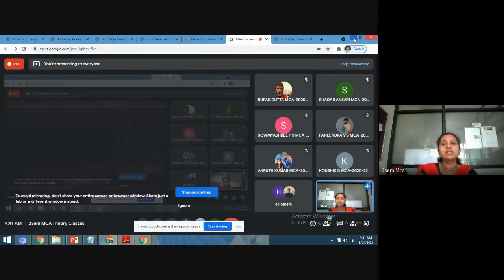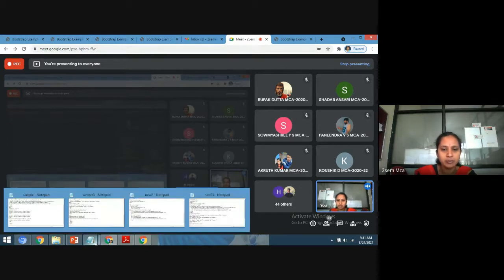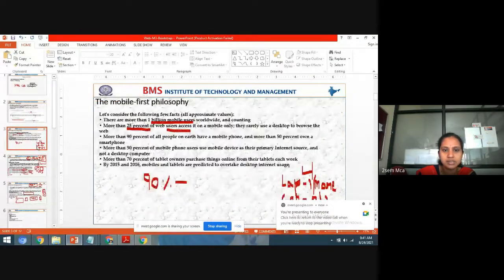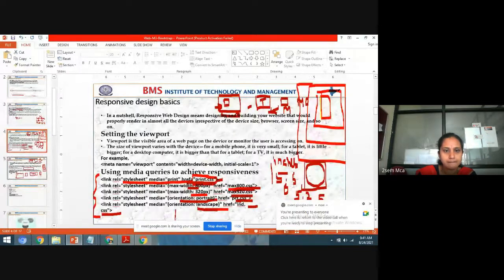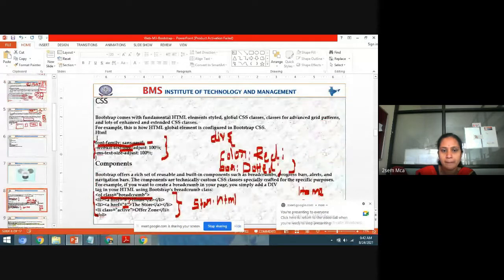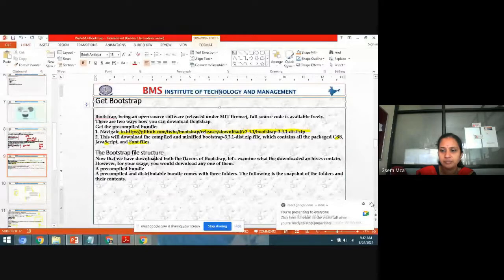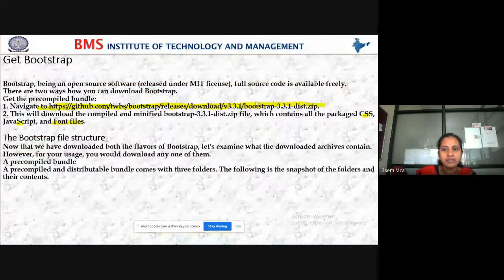And the main thing is how to start the execution of a Bootstrap program. I already told you that before you start executing a Bootstrap program, first you need to download the Bootstrap folder that is available in Google, and the link which I gave we have already discussed. This is the link which I have highlighted.